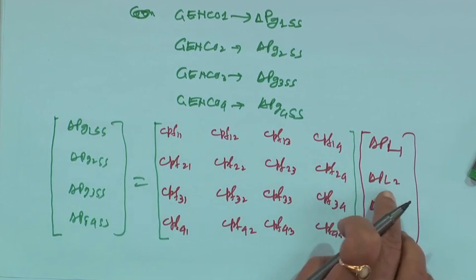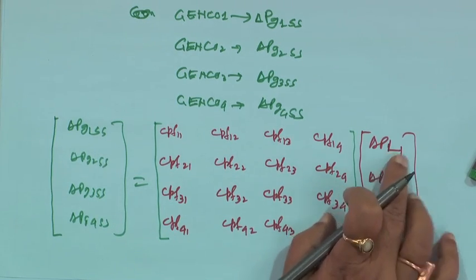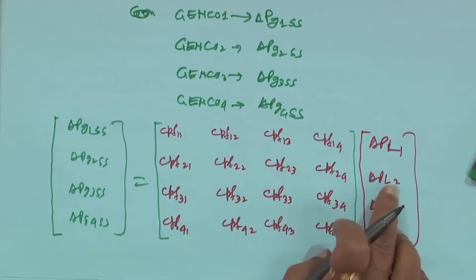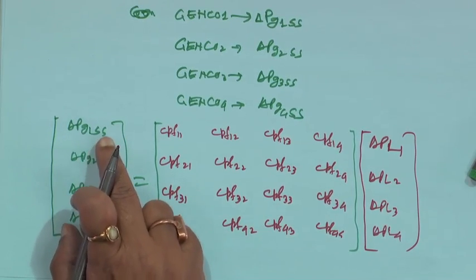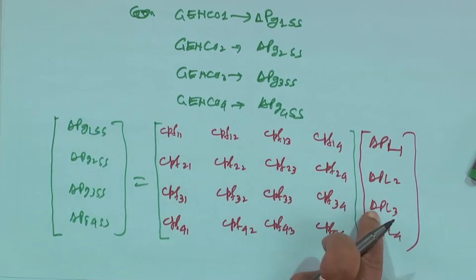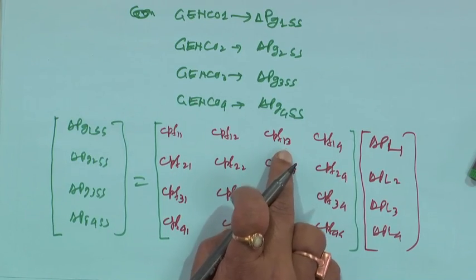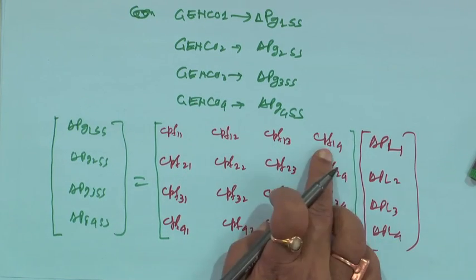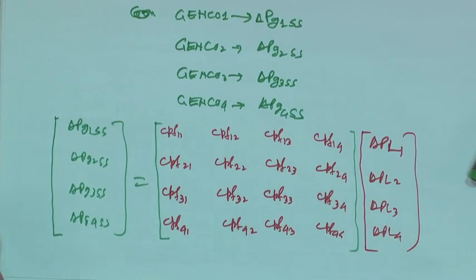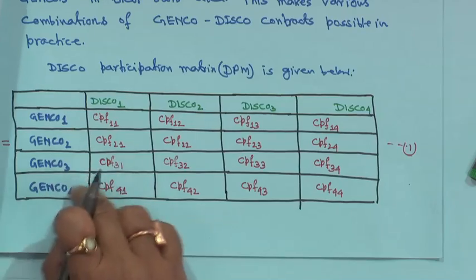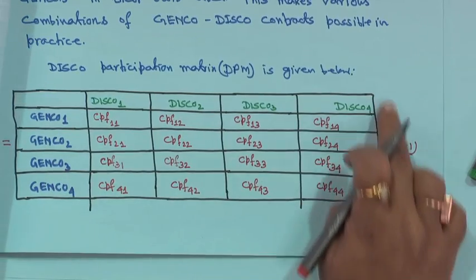If you look into it, Disco 1 has contact with GenCo 1, then Disco 2 also has contact with this GenCo 1, that is CPF 12. Distribution company 3 has some contact with this one, that is CPF 13, and distribution company 4 has contact with this one. That means if you multiply this, it will be the power generated by GenCo 1, GenCo 2 like this, and on this side you make delta PL1,